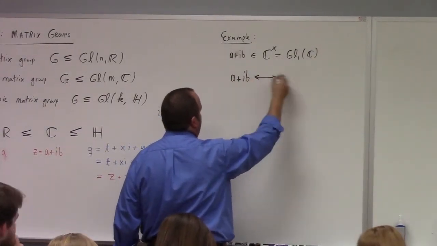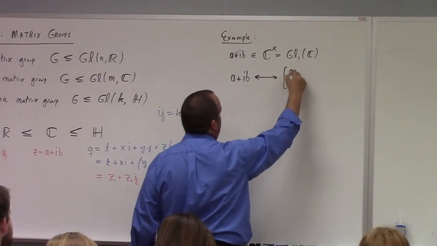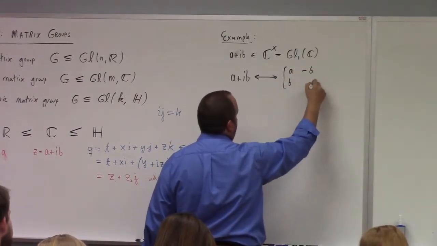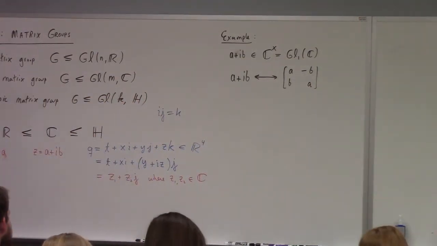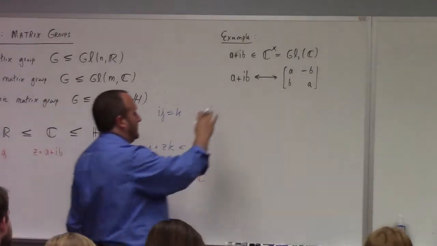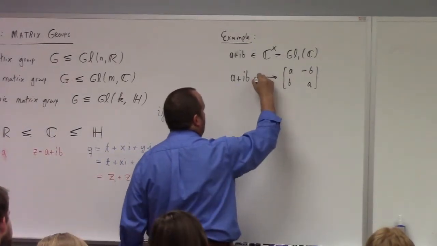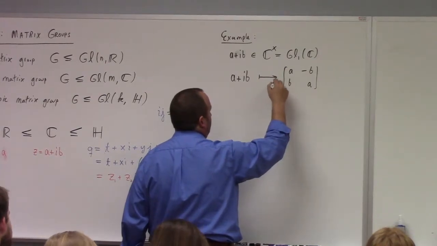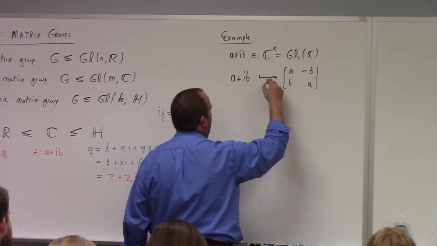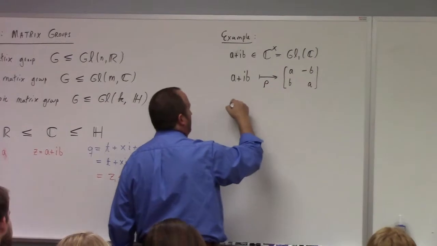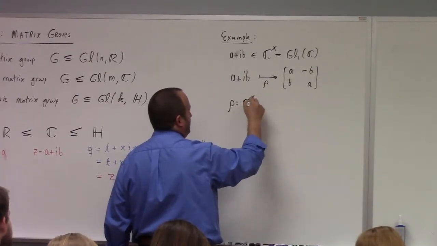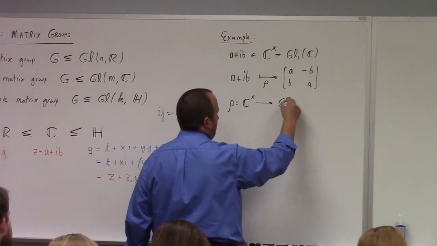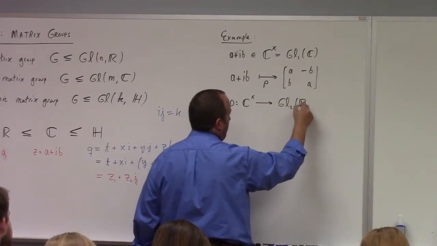So this is actually interchangeable with the 2 by 2 real matrix (a, b; minus b, a). I mean, you could make that a map, give it a name, I don't know, rho, why not? So rho is a mapping from non-zero complexes to, in fact, GL2R. It's not surjective,